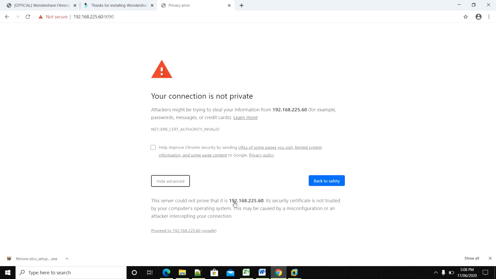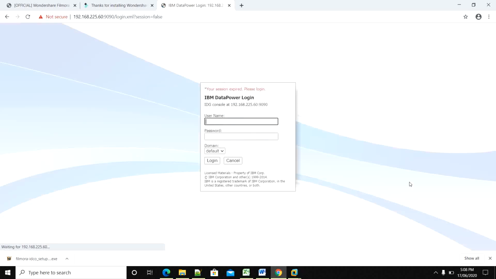It may happen sometimes that it will not work, but I have shared the steps with you, so you can retry and hopefully it will work. Here, as I mentioned, the username is admin and the password is admin@123. As of now we have only one domain, the default domain, but later we can create multiple domains and they will show here in the drop-down. So we'll click on login.